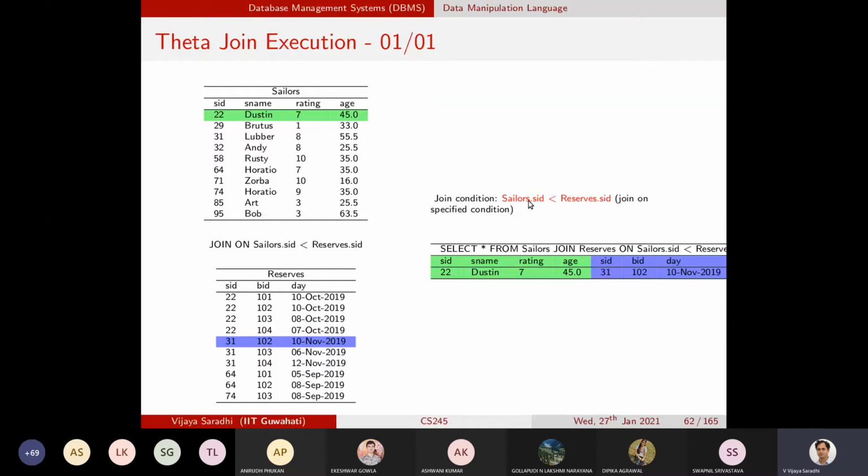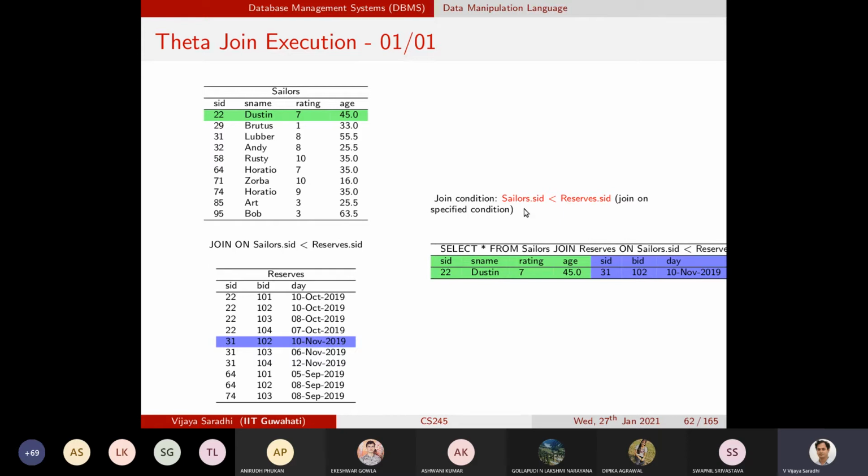This is the join condition. And of course, these columns happen to be identical in the join condition. We will also give examples where column names need not be identical in the theta join.